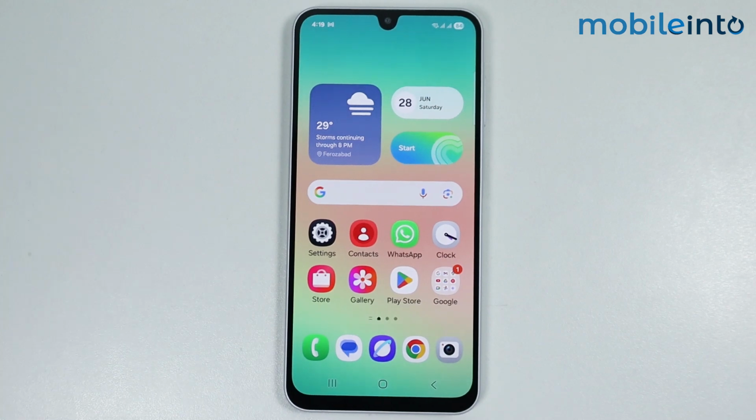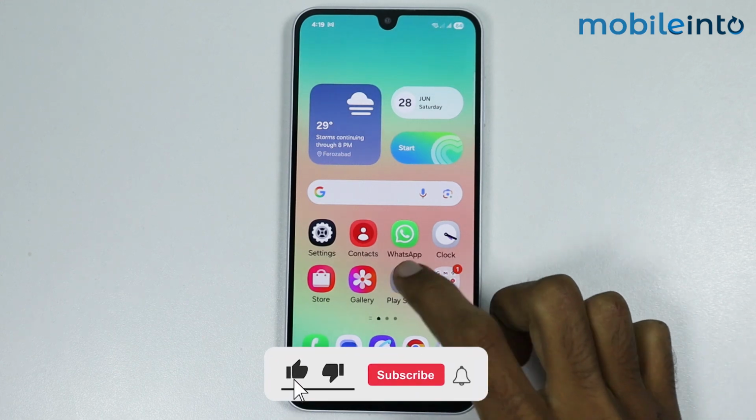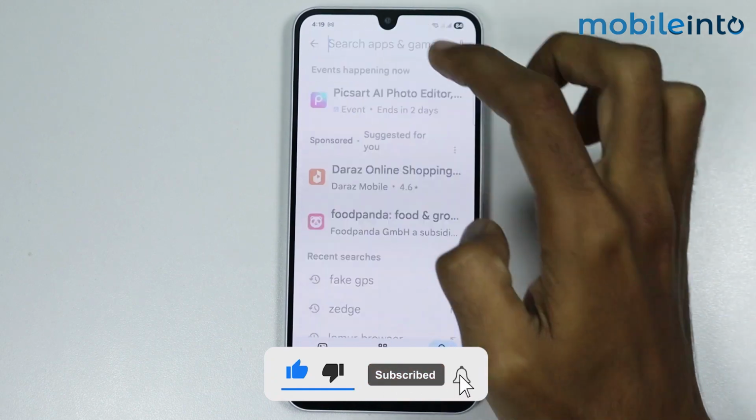Hey, what's up guys? So in this video, we will see how to set custom ringtone on WhatsApp on any Android phone. Now to do that, first of all, just open Play Store and in the search bar, just search